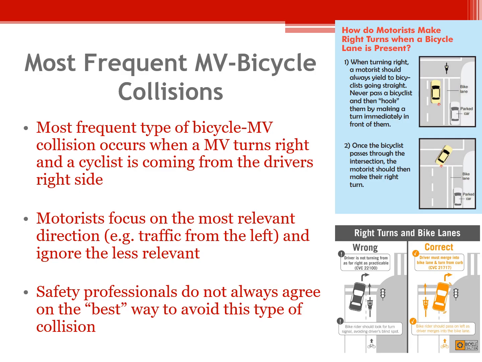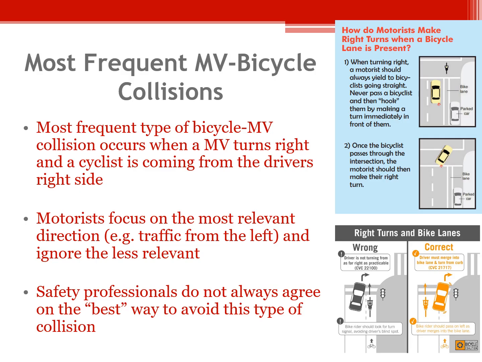So what a motorist might do, if they're getting ready to turn right, is focus on the most relevant direction to them, which is the left, because that might be where traffic is coming, and they need to stop and make sure that it is clear before they make a right turn. And so they might not pay attention to what they consider to be the less relevant thing, which is the right side of their car, which a bicycle might be coming up on. And so a lot of sideswipe incidents happen where